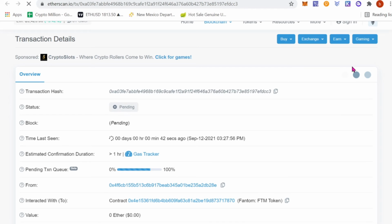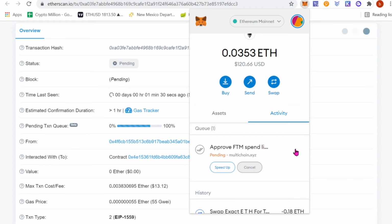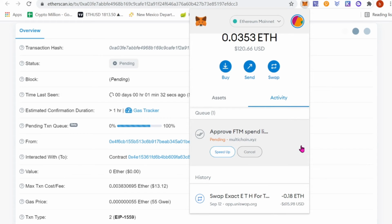So just checking that one on Etherscan, it looks like the gas was a little too low here. It looks like it's going to take 1 hour, so I'm going to go ahead and speed that up. We can click into our MetaMask wallet again. We can see that transaction in our wallet here, so if we go ahead and click speed up,